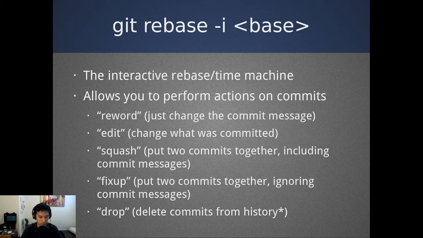make two commits, or a few commits, into one commit, right? And then you also put the commit messages together. You can fix up, which is where you drop the commit message, but you just smash two commits together. This can help you get rid of the "I made a typo" and the fixed typo commits. You can also delete commits from the Git history. So yeah, this is a powerful thing you can use, but like I said earlier, it's not